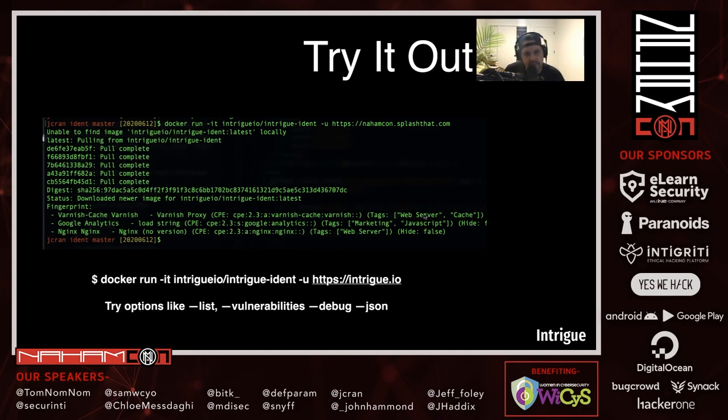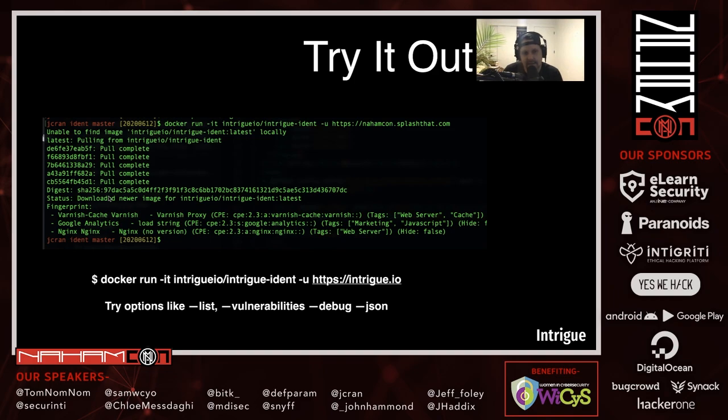It'll give you some metadata around it, the CPE, tags. If there are vulnerabilities and you pass the vulnerabilities command line argument, it will give those to you as well. You can actually get JSON outputs, and if you want just a list of all the vulnerabilities, it will give you a list. And again, a key and core feature of this particular capability and library is that it's